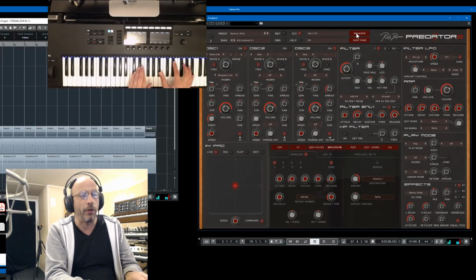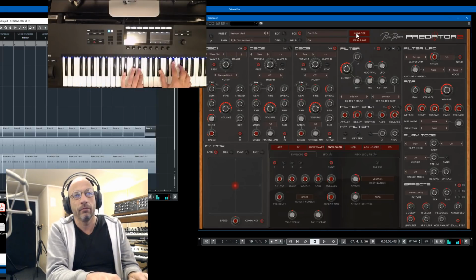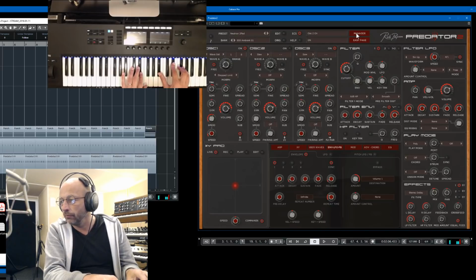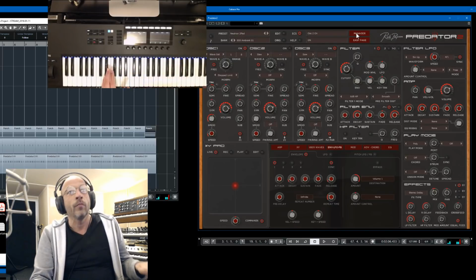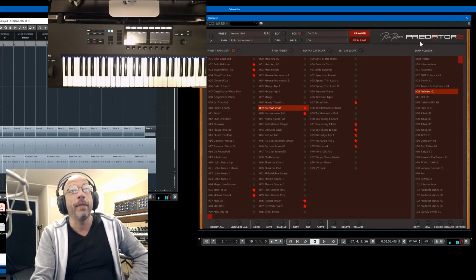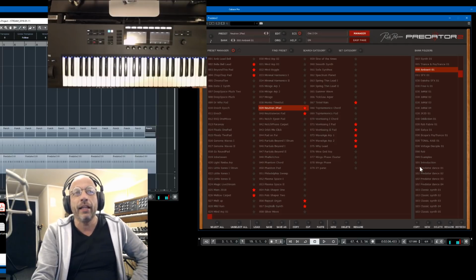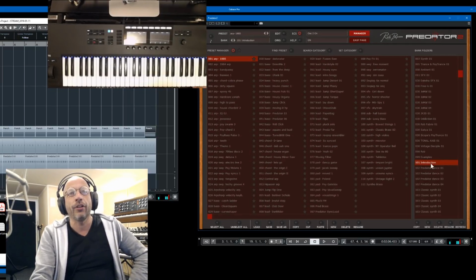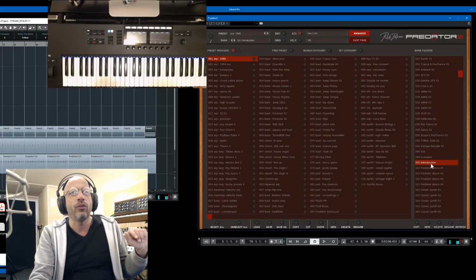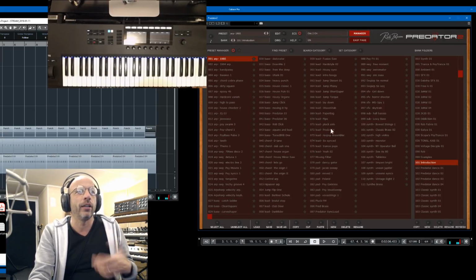It's a nice preset, by the way. And so if we go to the manager, on the right side, everything which starts with the 0 is new presets. Then if you see 101 introduction, this is the original Predator 1.6 sound